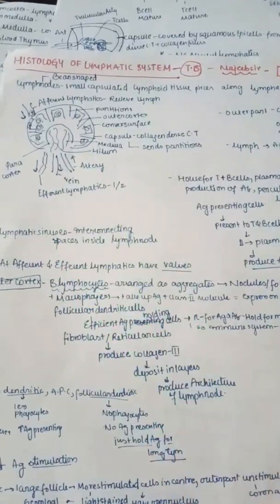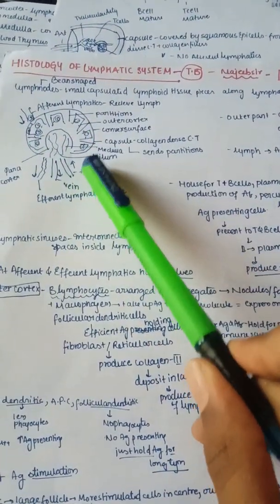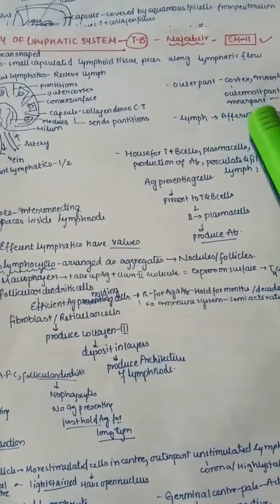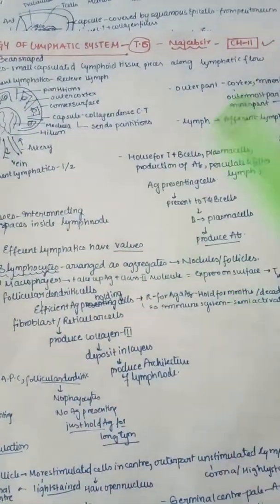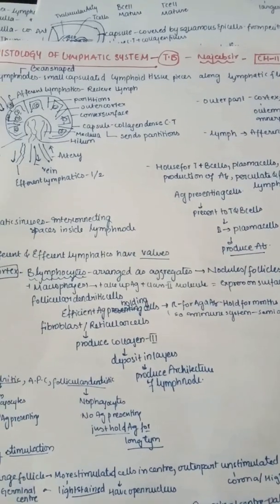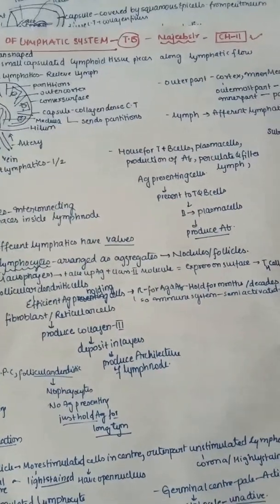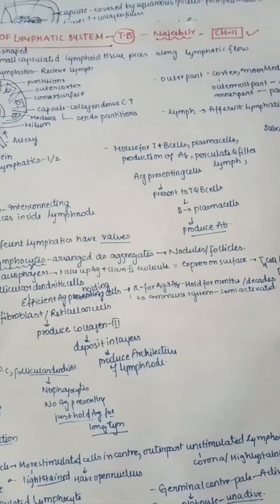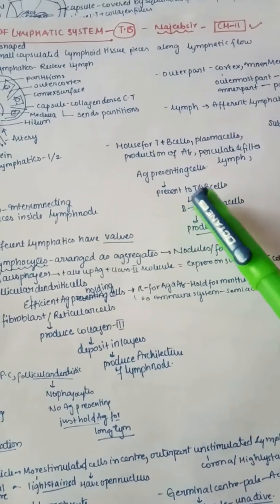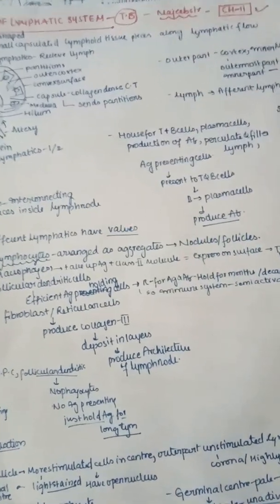Actually, the lymph node is the house for both T cells and B cells. B cells lie in the outer cortex and the T cells lie in the inner cortex, that is the paracortex. And we also have plasma cells here, because B cells produce plasma cells, which produce antibodies, and the node also filters the lymph so that any bacteria can be removed. Antigen presenting cells are also present, presenting to T and B cells, so that T helper cells convert the B cell into the plasma cell, and thus the plasma cell produces the antibody.